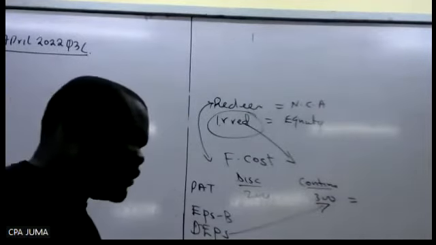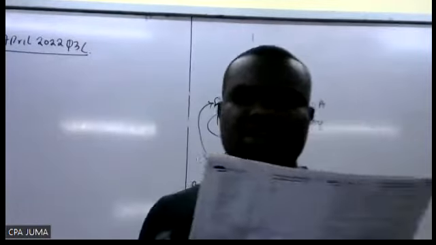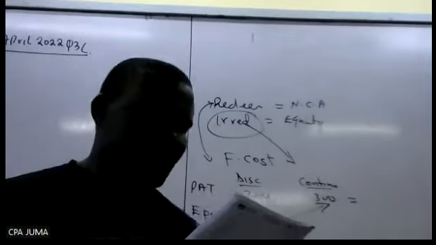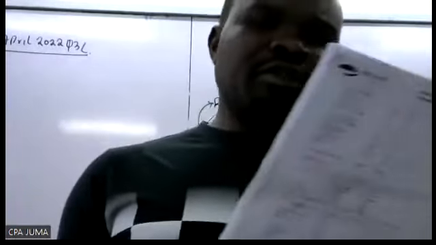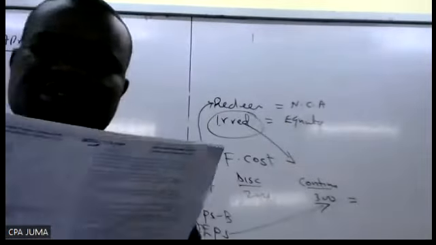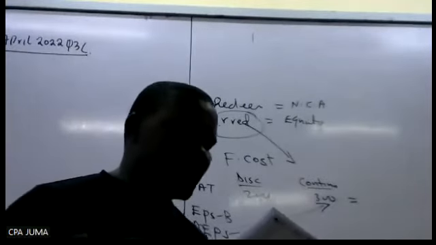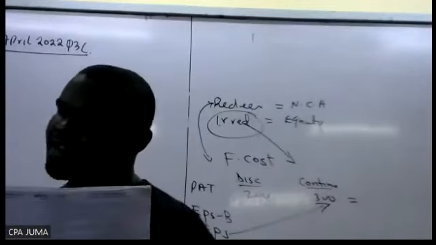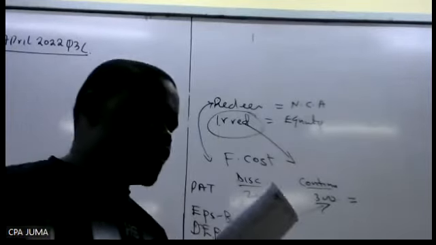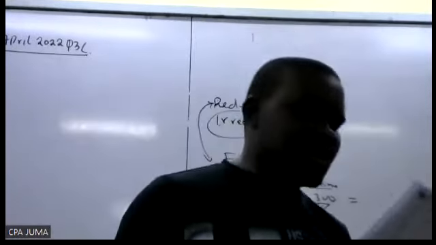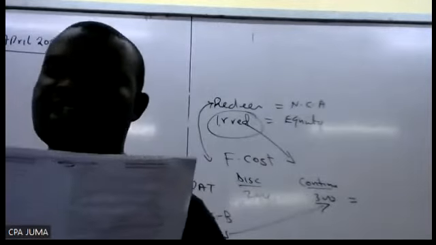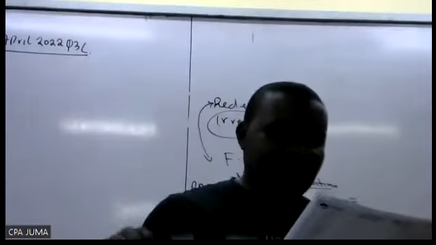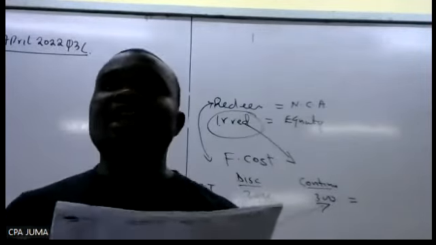On 1st of January 2021, the company issued 1.8 million ordinary shares in a 1 for 4 rights issue at a price of shillings 2, when the market price per share on cum rights basis was 5. On 1st of April 2021, R Limited issued 1 million ordinary shares at full market price. On 1st of July, the company issued 5 million convertible bonds. Underline the word convertible.